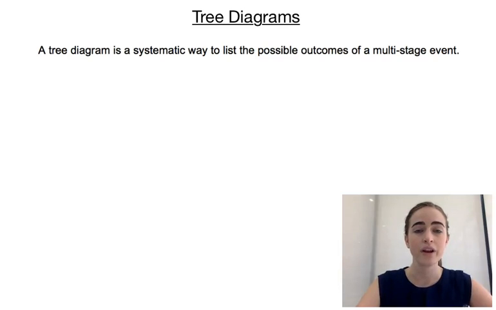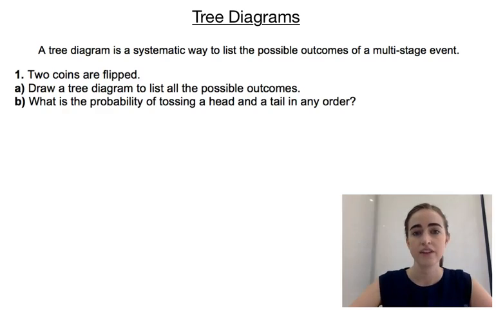In this video, I want to have a look at tree diagrams. So a tree diagram is a systematic way to list all the possible outcomes of a multi-stage event. So let's have a look at an example. It says 2 coins are flipped, and then it asks us to draw a tree diagram that lists all